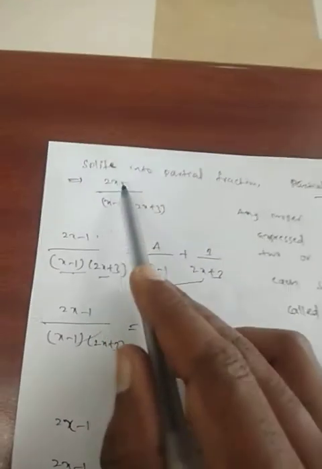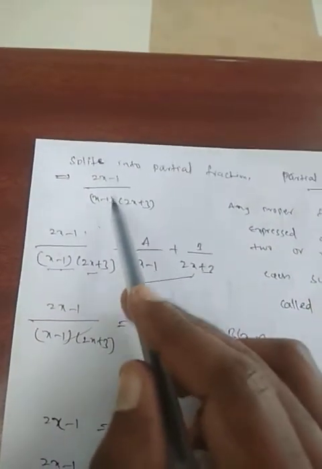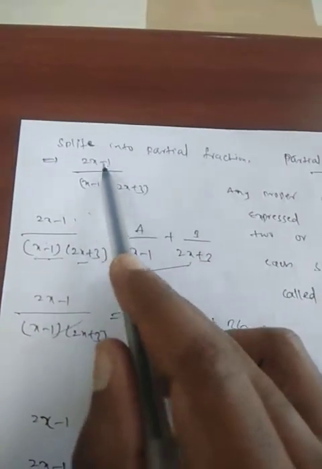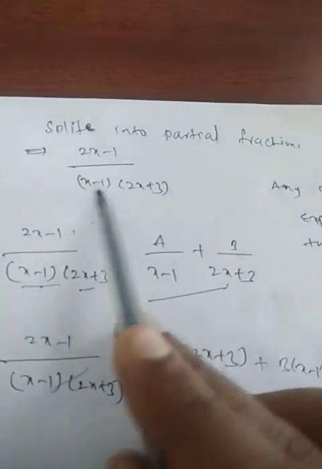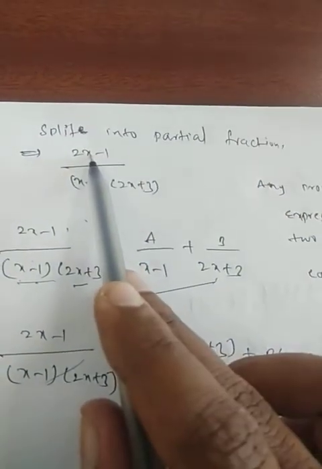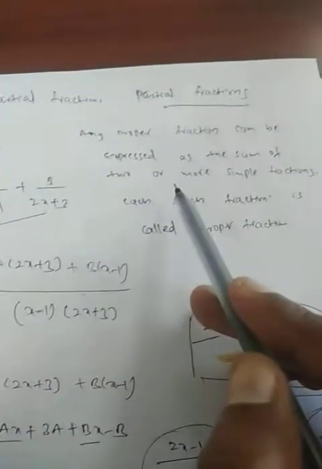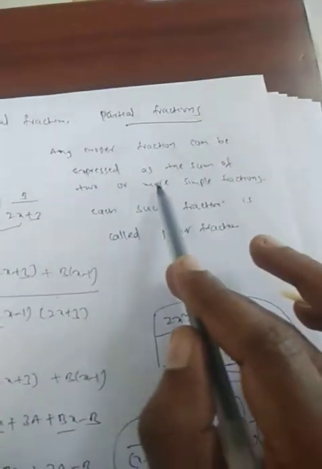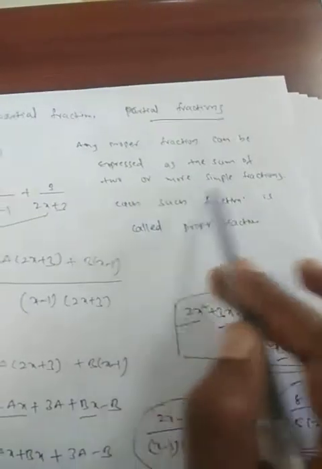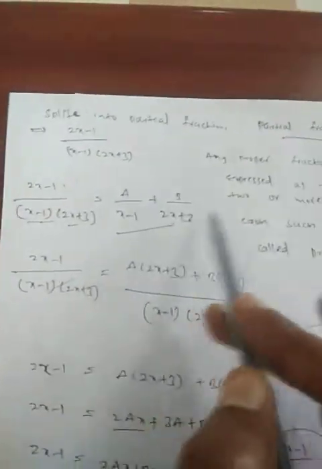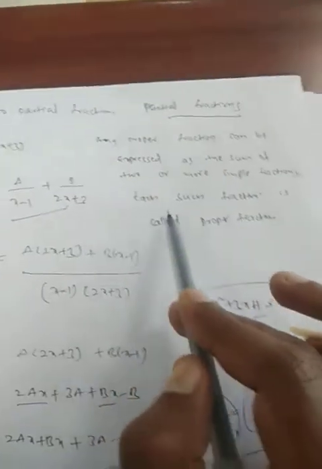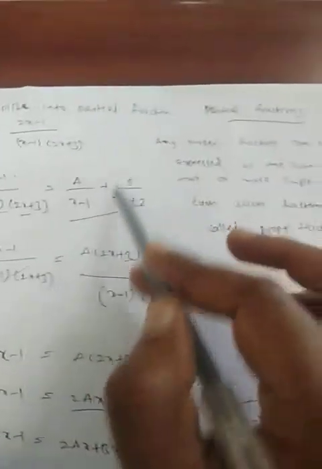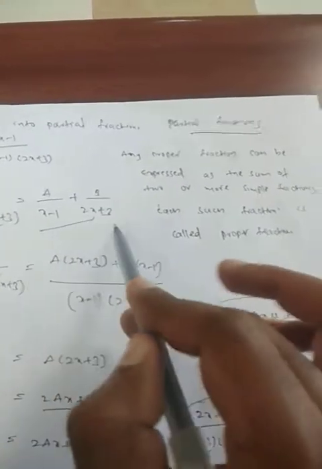So once again I am reading the definition. Once I am telling the definition to you. Look at here. Any proper fraction. See, proper fraction means the degree of the denominator is greater than the numerator. So don't feel that this is 1, sir. This is 1. No. The degree of this denominator will be what? This is 1, 1 plus 1, 2. The degree of the denominator is greater than the numerator. So any proper fraction can be expressed as the sum of two or more simple fractions. So 2 here, you will get 2. If you have one more you will get c also. Two or more simple fractions. Each such fraction is called a partial fraction.